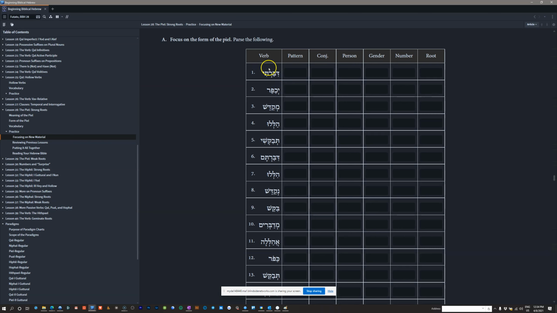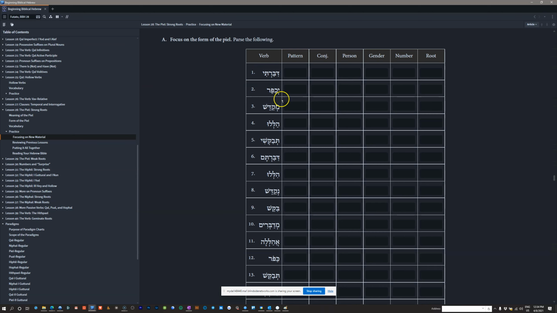This is a Piel. It makes sense, and that tav hiriq ending tells me it's Qal perfect first common singular. The root being davar. If I look at number 2, I've got, and this, again, just a couple of them. I'll kind of work through that methodology of parsing that I've done before, where if I have no clue what